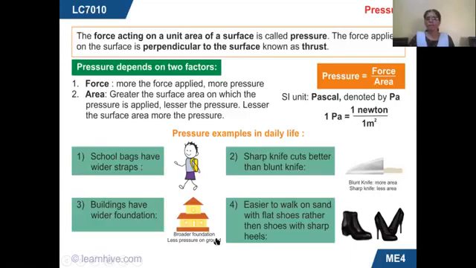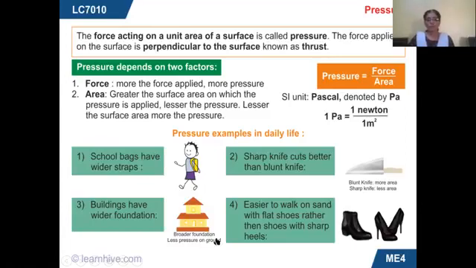If you come to the unit of pressure, the unit of pressure is Pascal. It can be shortly denoted by Pa. We know that the unit of force is Newton, and the unit of area is meter square. So the unit of pressure, that is Pascal, is equal to Newton per meter square. Now we will be learning about